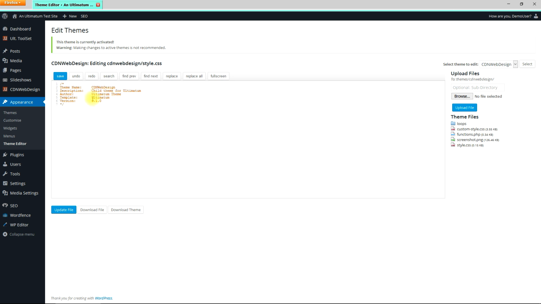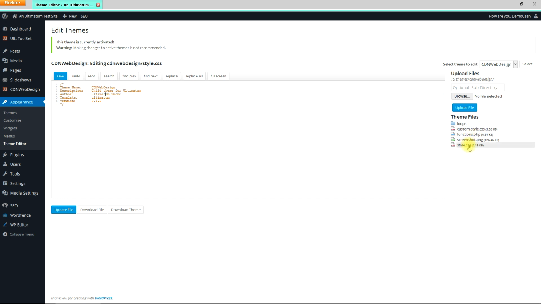It must have the word Ultimatum in there. In other words, which main theme is it going to use as its source? So in this case, it's Ultimatum. It's really important with a lowercase u, so it's a slug name, not an uppercase. And then finally, the version number. This doesn't do much else other than that, but over the side here we can see that we've got other things. We're not going to look at this loops folder today,